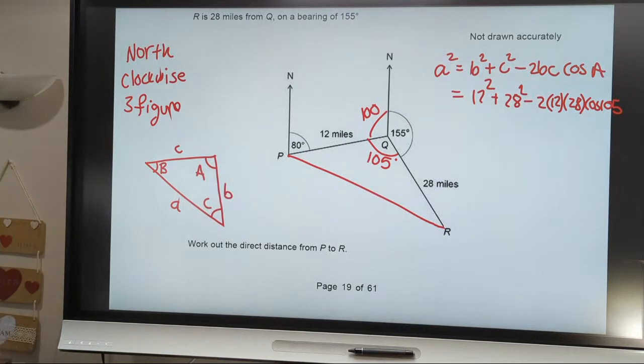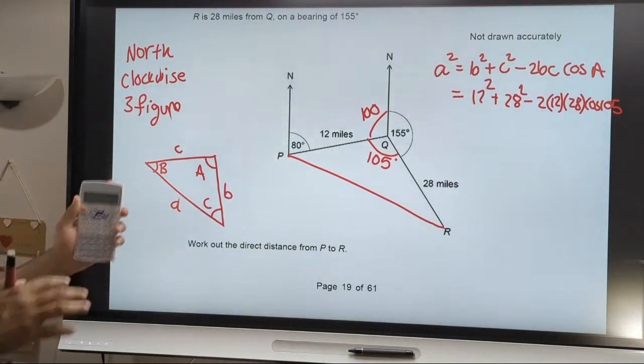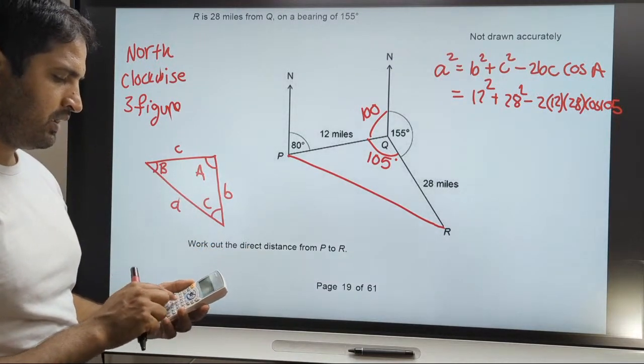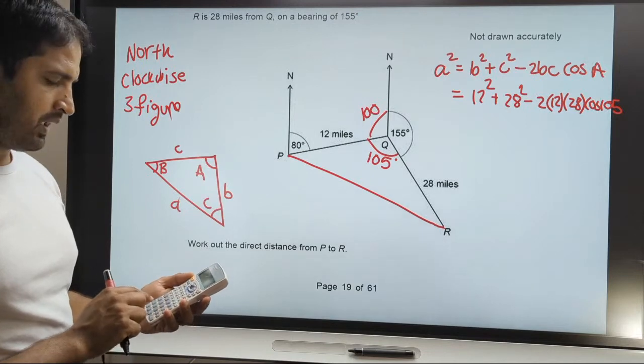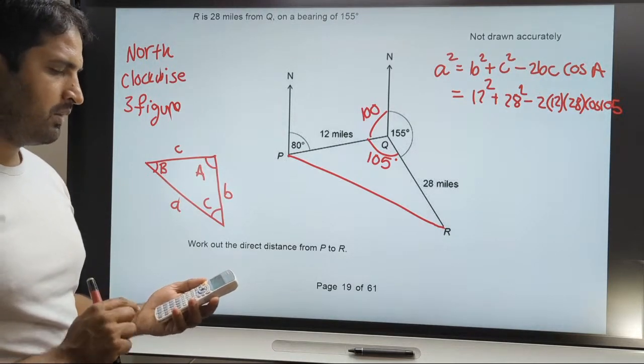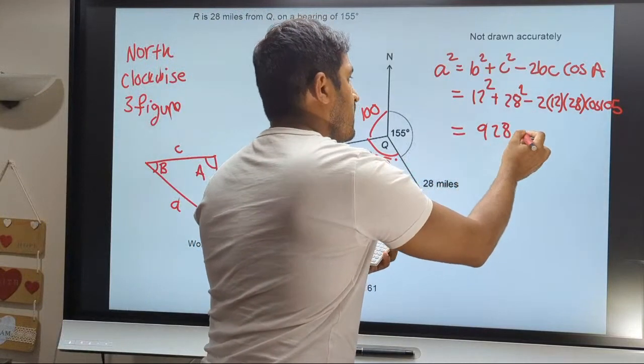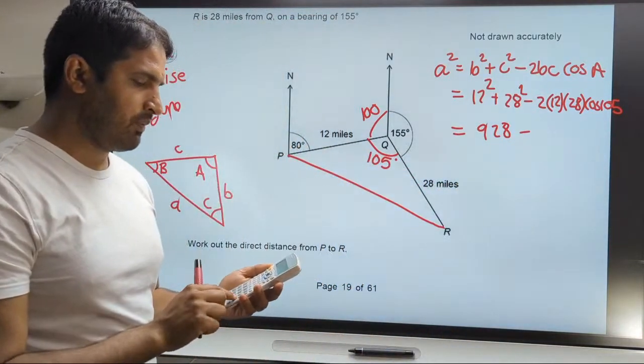Again, try to use as many brackets as possible in your calculator. Don't make mistakes using the calculator. So I'm going to do 12 squared plus 28 squared, press equals. So I know I'm going to get 928. I don't want to make mistakes. Then I'm going to minus